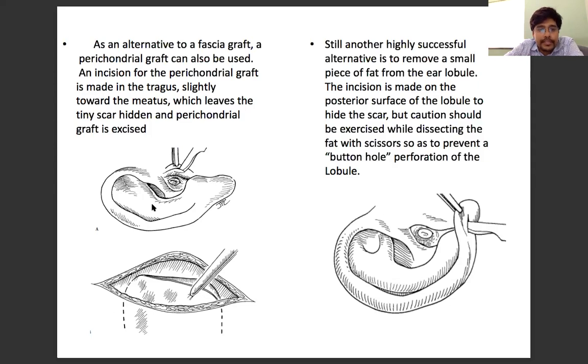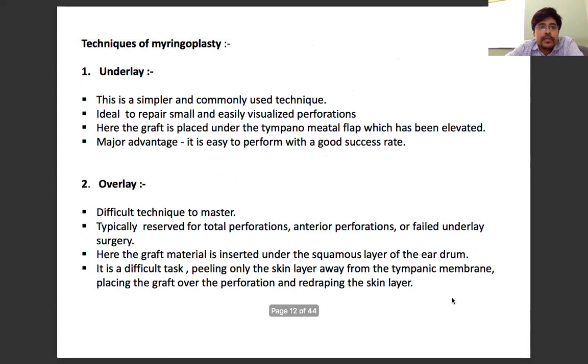If you consider the tragus as shown in the diagram, this is the pinna, this is the tragus. Just here you give an incision like this, and there is perichondrium. Perichondrium means what? Perichondrium is the outer layer over a cartilage. Chondria means cartilage. So there is a perichondrial layer, which we harvest. Now those were the approaches. Which are the approaches? Endomeatal, endaural, postaural. Endo means inside, endomeatal.